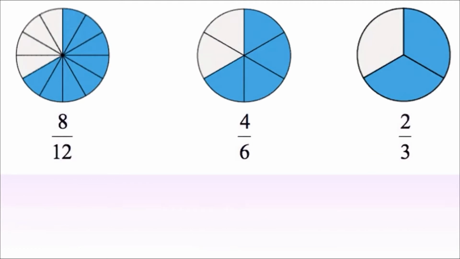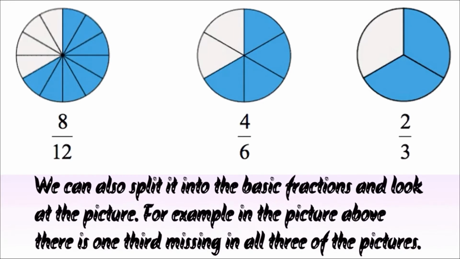Eight out of 12, 4 out of 6, and 2 out of 3. They're all equal. How? We can also split the fractions into the